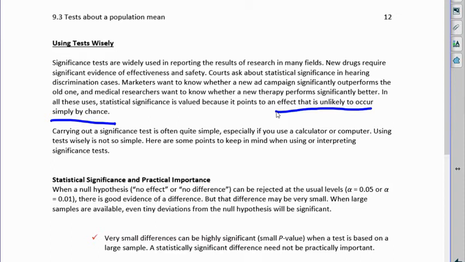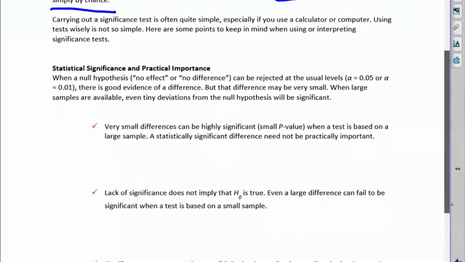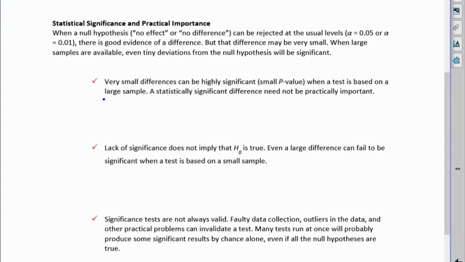But when you're doing this, you need to actually look at the real numbers that you're working with, because especially if you have a large sample, then because that standard error gets so small, or that standard deviation of the sampling distribution gets so small, it can show a small difference can become a very small p-value and show high significance, when realistically it's not important. Like, for example, if you